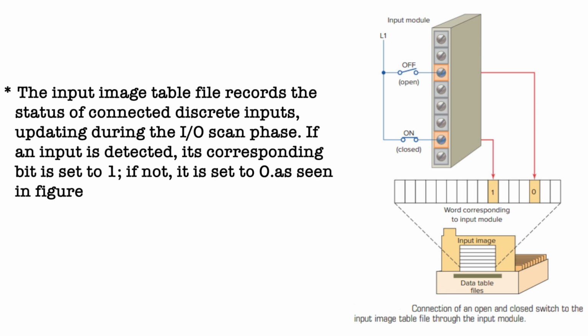In the software, you can see the data file structure similar to what you have seen here in the diagram. Here the first is for the cross reference, second O0 is for the output, I1 is designated for the input, S2 is designated for the status, B3 is designated for the binary, T4 is designated for the timer, C5 is designated for the counter, R6 is designated for the control, N7 is designated for the integer, while F8 is designated for the float.